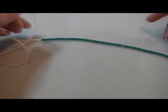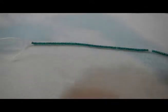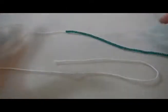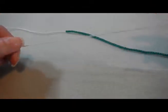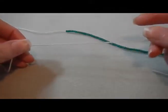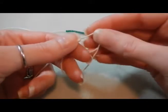So for this swatch, because you can do a couple of different things with strung beads, we're going to cast on with beads. And there's probably several different ways to do this. I'm just going to show you one, and it's with the backward loop cast on, and you'll see why in a minute. So the first thing you do for a backward loop cast on is you make a slip knot,